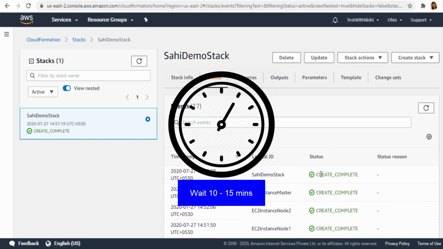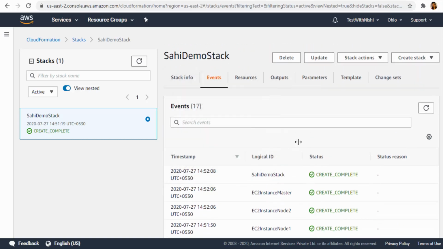After successful creation, wait for 10 to 15 minutes for the instances to be ready for use. So that is it. You have now created one master and two node instances in your CloudFormation, all of which have Sahi Runner set up and they are up and running. Navigate to the Resources tab.